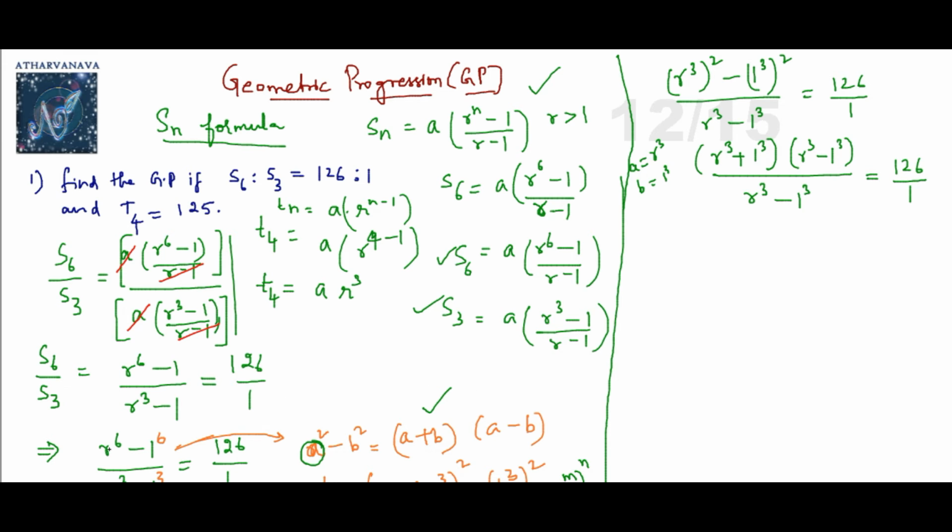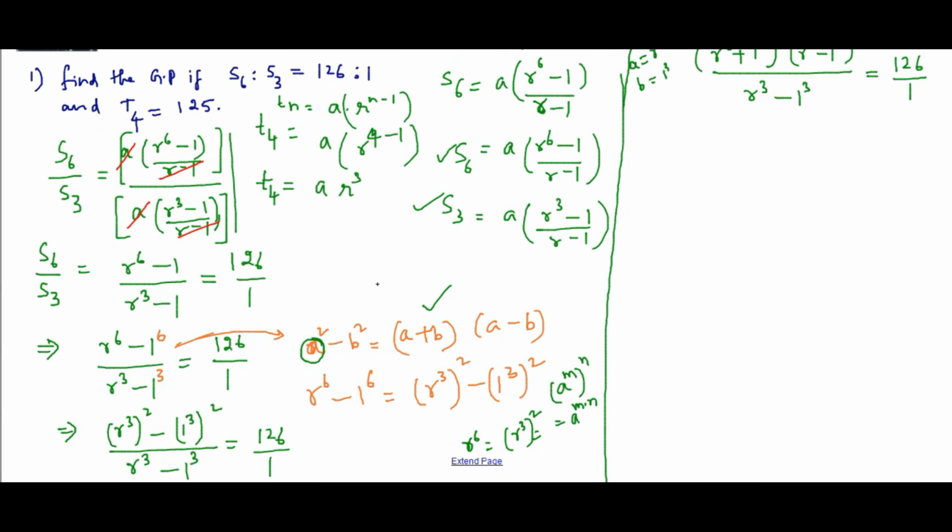Did you understand? See here, again I am explaining. I wrote r power 6. I actually have r power 6 minus 1, which I rewrote as r power 6 minus 1 power 6. Why am I doing this? Both in numerator and denominator I am changing the power of 1. Here in numerator I write it as power 6, here I write it as 3. Can we write like that? Only for 1 it is an exception, because 1 power anything is 1. 1 power 6 is also 1. 1 power 3 also 1. Correct? And that's the reason I can change whichever power I need right now.